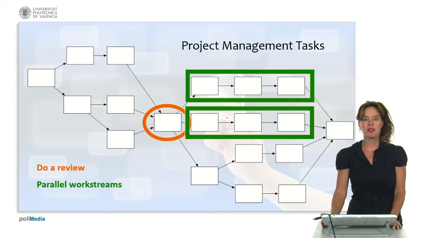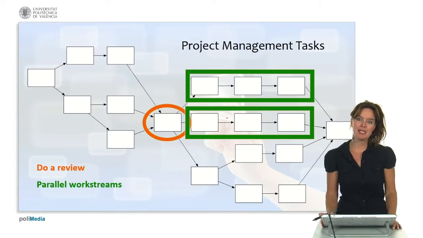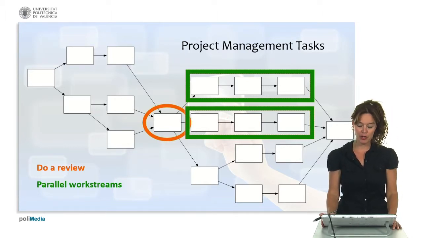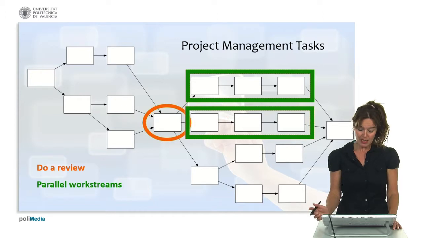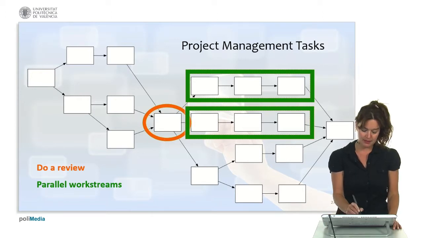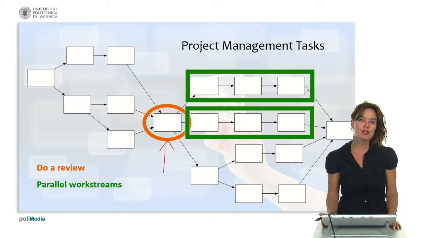So here is another PERT diagram that reflects more dependencies, and we can see actually that if the diagram gets bigger, some interesting points for project management become visible. Like the orange circle here. This means that lots of activities come together. So there's lots of dependencies here on previous tasks,